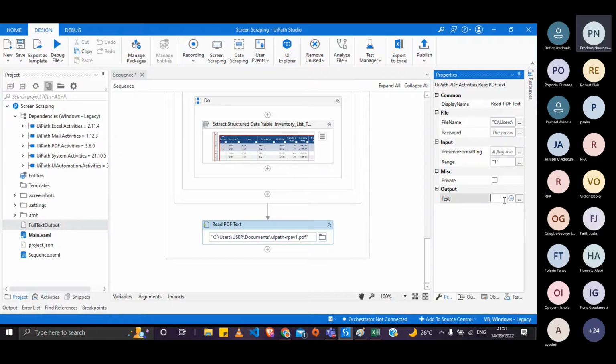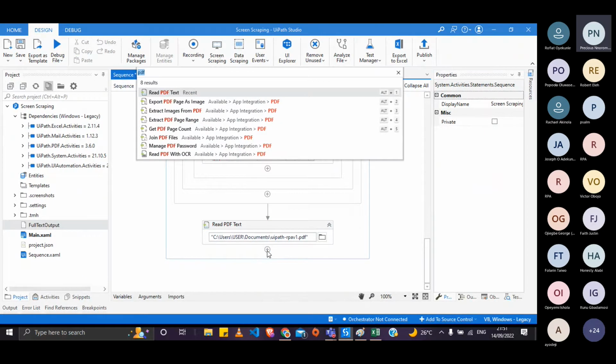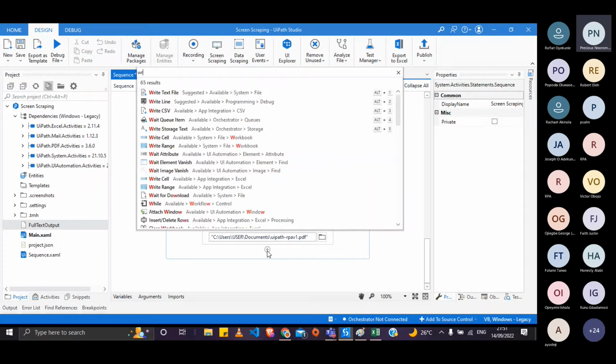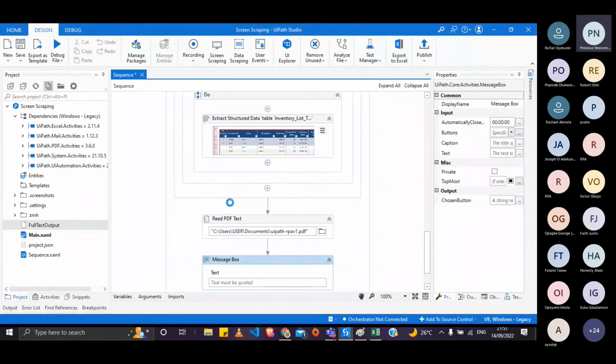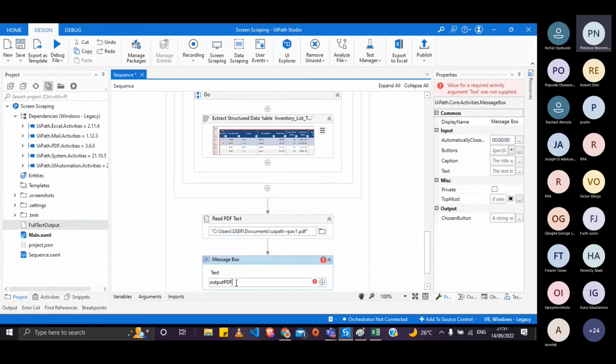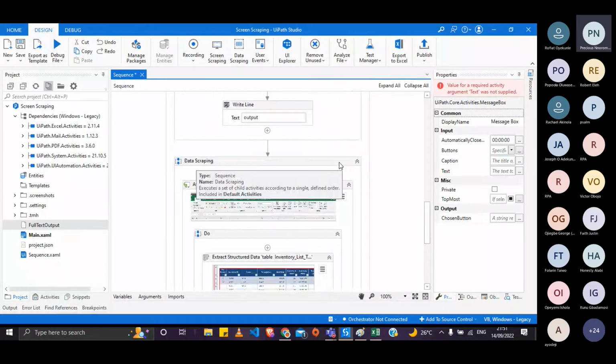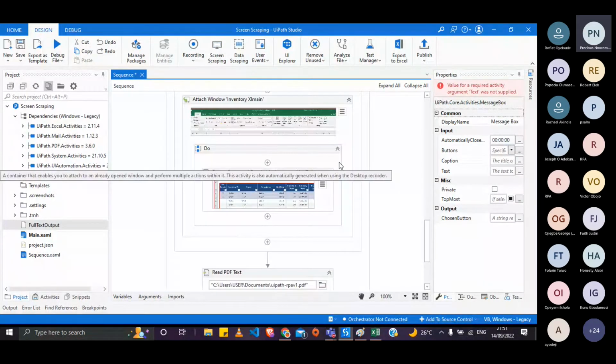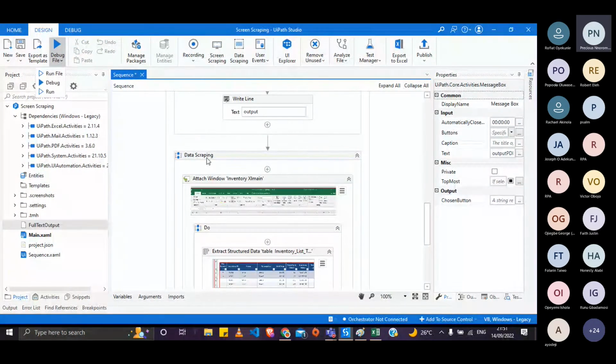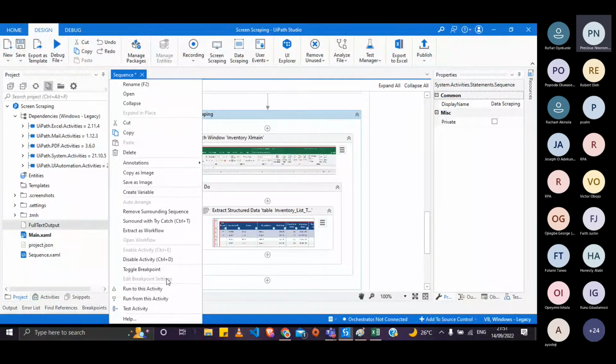Let's call it output text or output PDF. So that's there now, and we can write that. Let's write line again. Let's use message box so everybody can see it. Message box, and then you want to use output PDF. If we run this activity now,